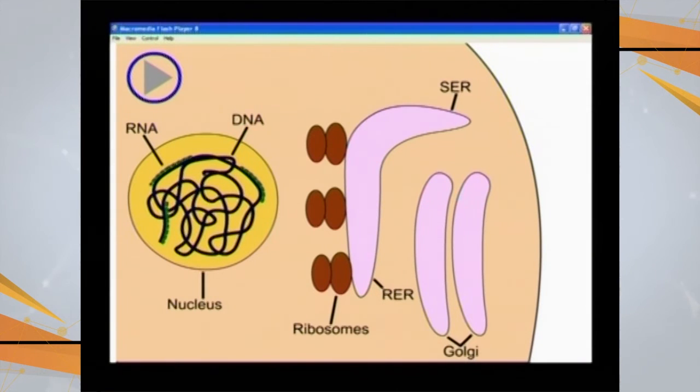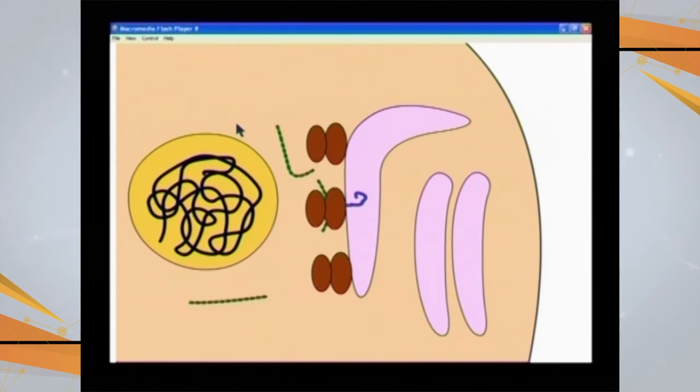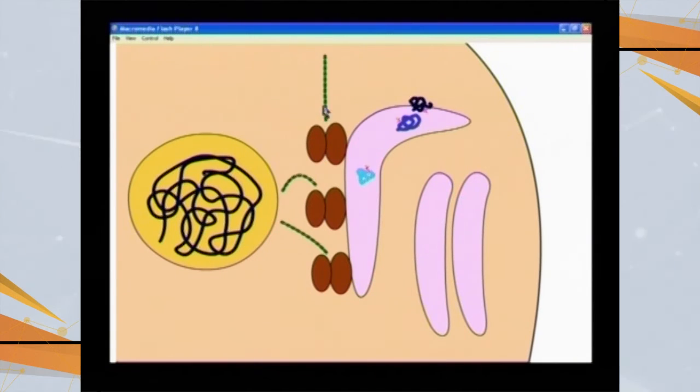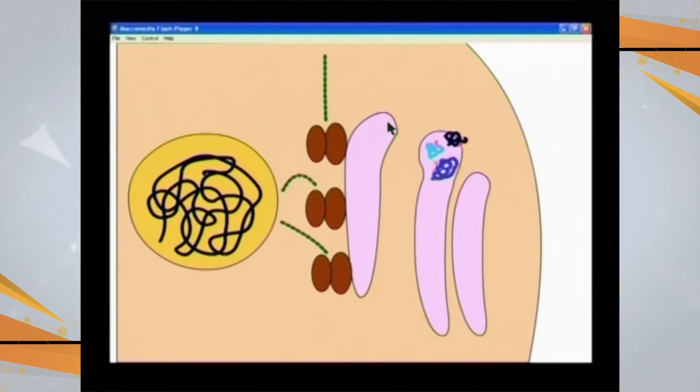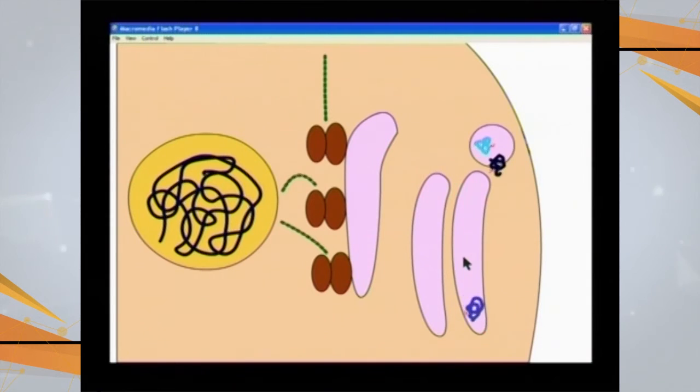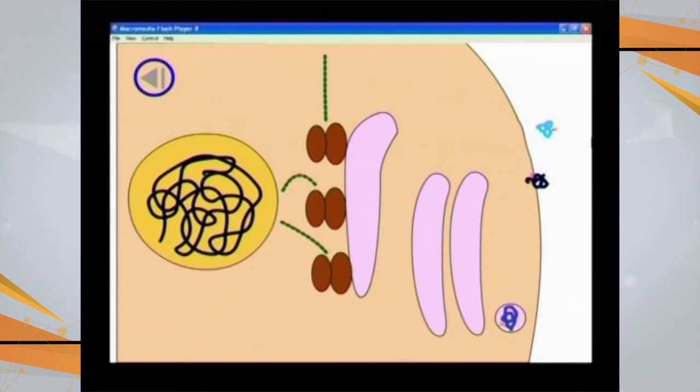So this is the DNA in the nucleus, that is going to make this messenger RNA. It goes to the ribosome with small and large subunits. Protein is made, given to the Golgi apparatus, where finishing and packing of the product occurs, and then these proteins are exported outside. So this was a quick review of this whole process of flow of information inside the cell.